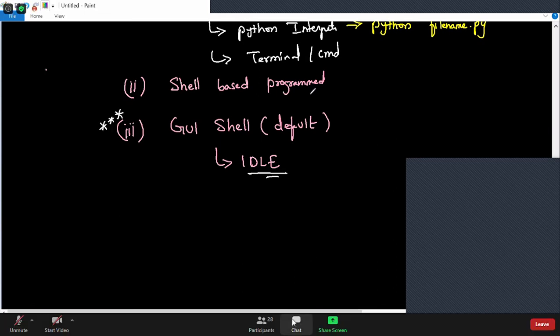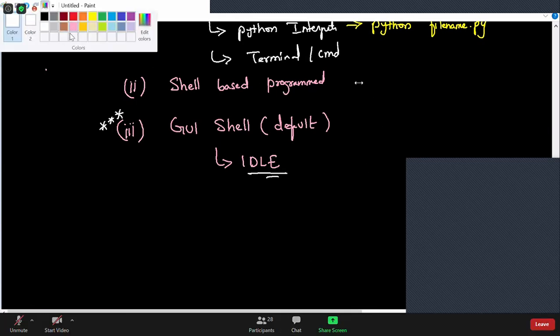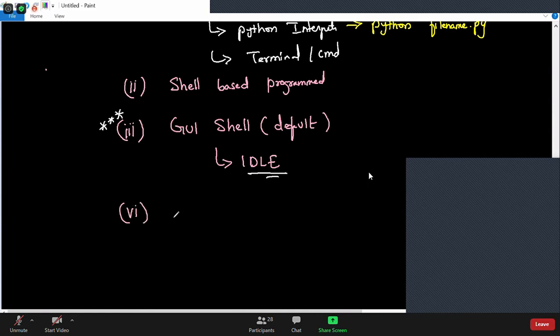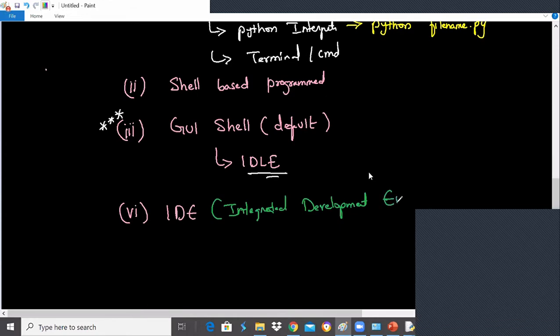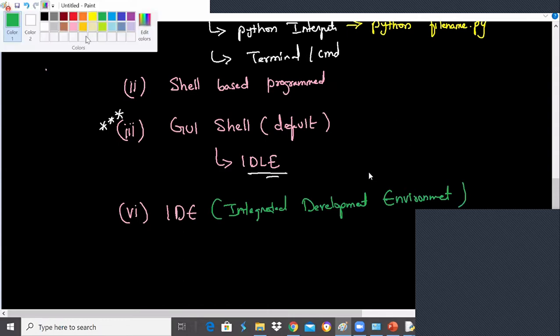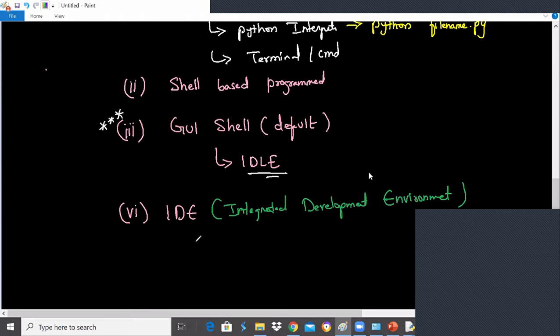Okay, now the final thing, the fourth thing I would like to talk about, where I can use an IDE, which stands for Integrated Development Environment. So basically, every programming language also has some IDEs, called Integrated Development Environments.